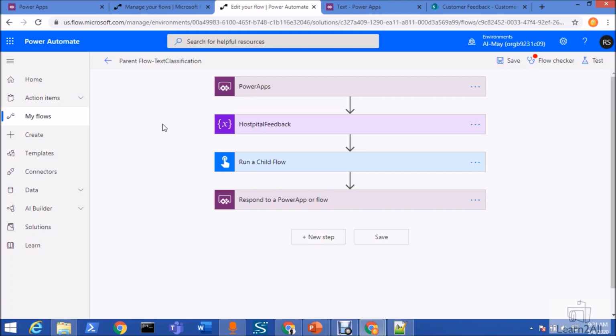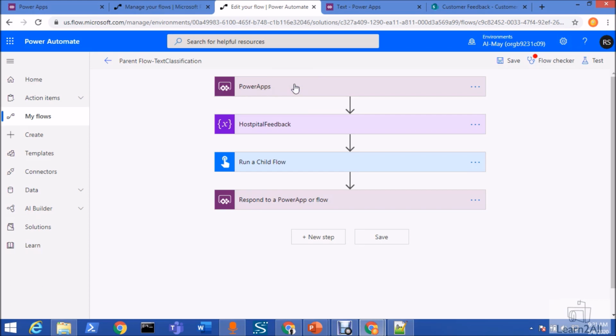So in the end I created two different flows. I didn't use this model directly in the parent flow which I'm going to add inside the Power Apps. Instead, I created a separate child flow which will use the AI Builder model, and it will return a result to my parent flow. This solution is working for me, so that's why I created two different flows. If you find any good approach, feel free to contact me. I would be happy to know if I can do everything within a single flow.